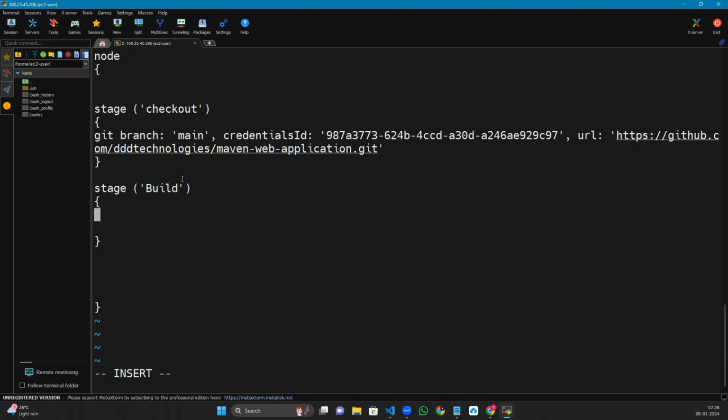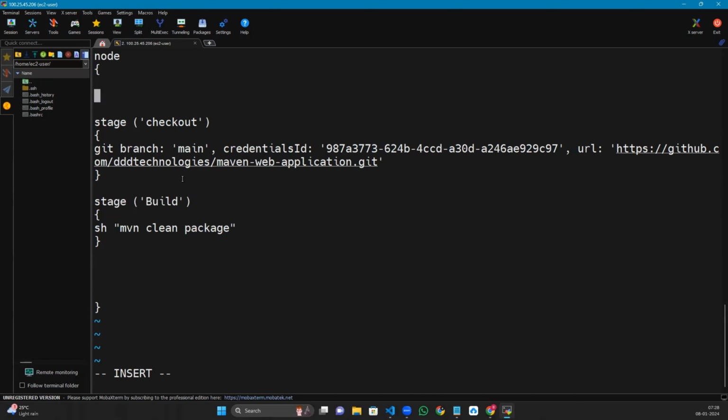The command we added is sh mvn clean package. Even this command is not found, which means we need to mention Maven somewhere in the pipeline. We need to define Maven, and when I say define, we need to use def